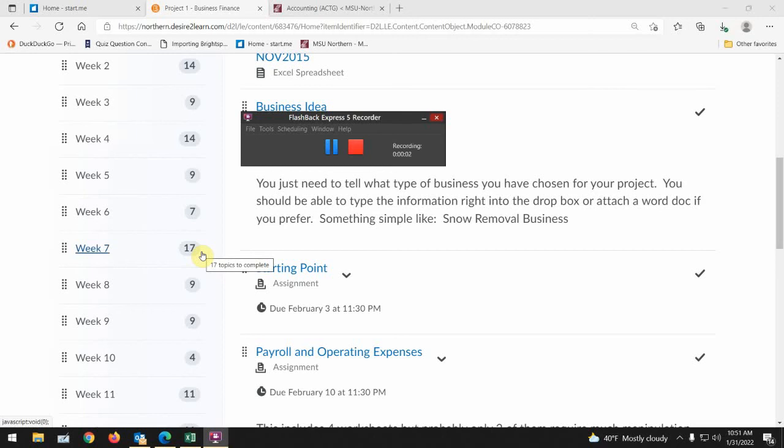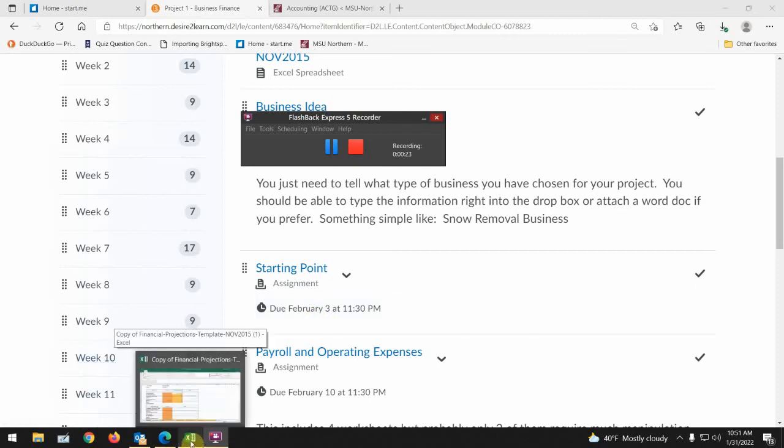For those of you working diligently on your Project 1, our next step will be the payroll and operating expenses. And you see it'll be due February 10th, which is a week from Thursday, something like that. That's going to cover 4 worksheets in the Excel workbook, but really there's not a ton of things that you